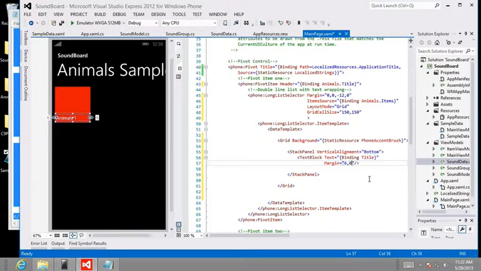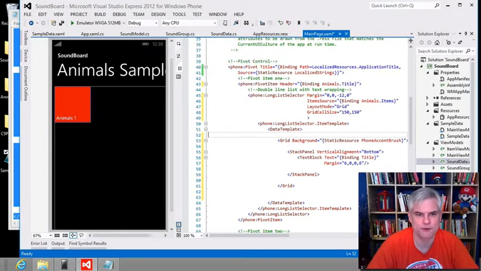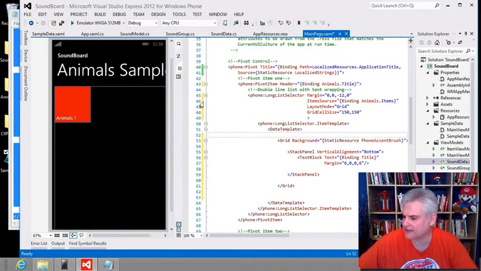6 pixels, and then 0 top, 0 right, and then 6 pixels to the bottom. And so now it has moved that, as you can see nicely, just a few pixels to give it a little bit of breathing room. Great. Okay, and so the next thing I want to do is